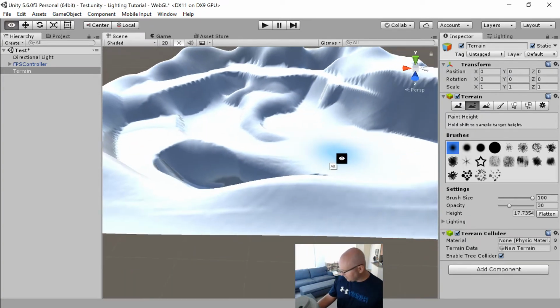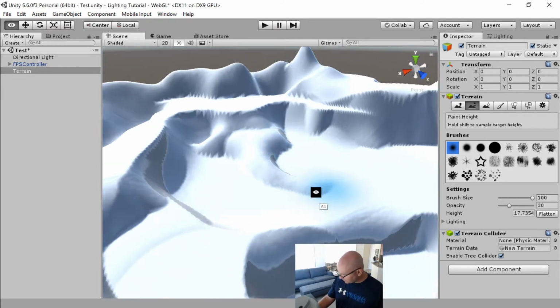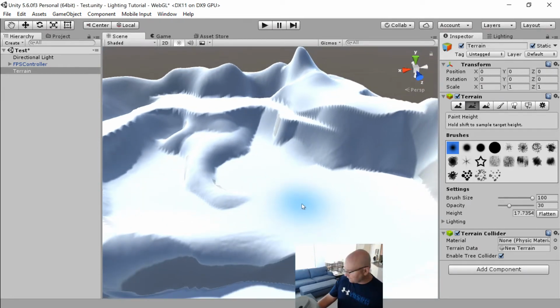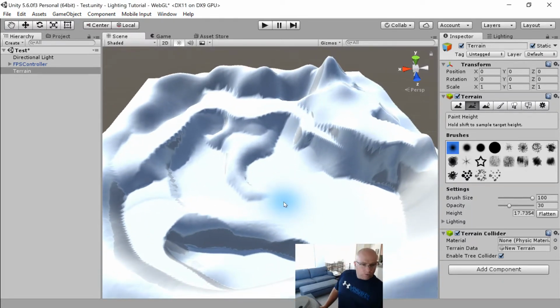Now, you will see some issues where you'll get the cliff side. Whenever you have a slope that's super steep and it becomes like a cliff, that's okay. But I'll tell you right now, when you do texture it, and also for lighting purposes, it's going to look pretty bad. Those really extreme angle slopes, like cliffs, straight up and down, they're going to look bad when they render. So ideally, what you'd want to do, if you really want to get serious about this, is